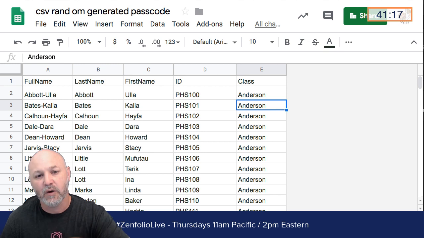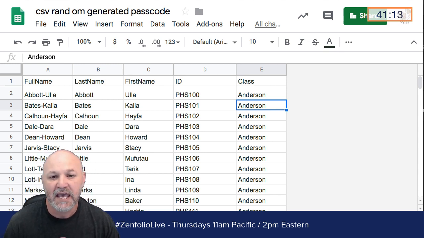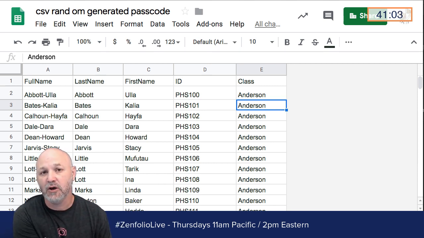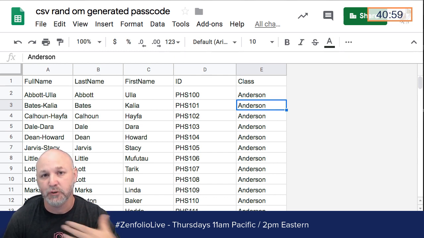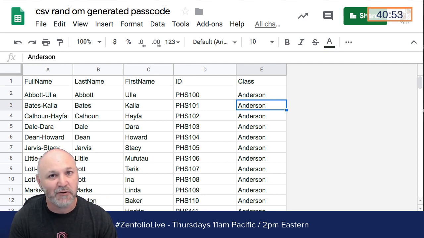Now you could go ahead and upload this participants list into Zenfolio and let us generate that random passcode for you. But when you do that, you're kind of creating an extra step because then you have to get that random passcode back out of Zenfolio onto this sheet and then into Photoshop so you can distribute this out to your parents. And so there's a formula, and the formula that I'm about to write,